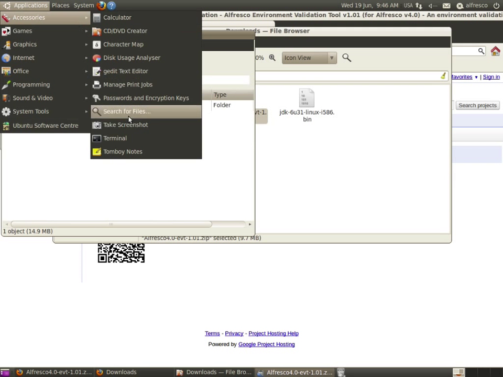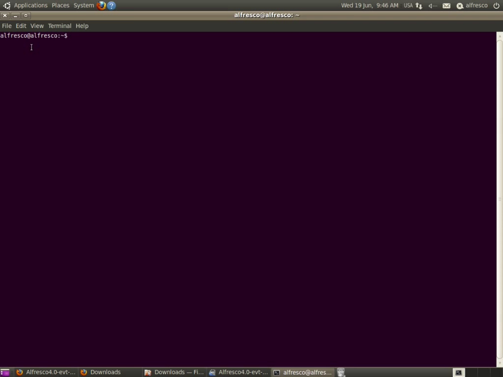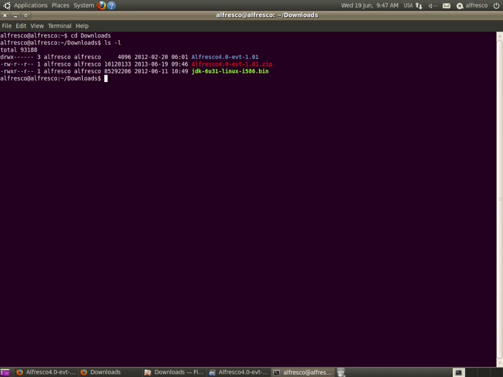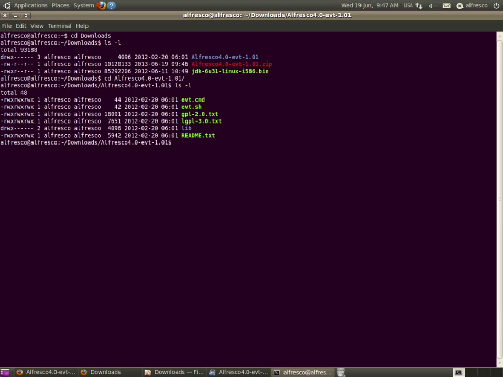Once extracted, I open a terminal window and navigate to that folder. I change the file permissions to make it executable, so I will run the command chmod +x evt.sh. I am ready to run the script by issuing the command